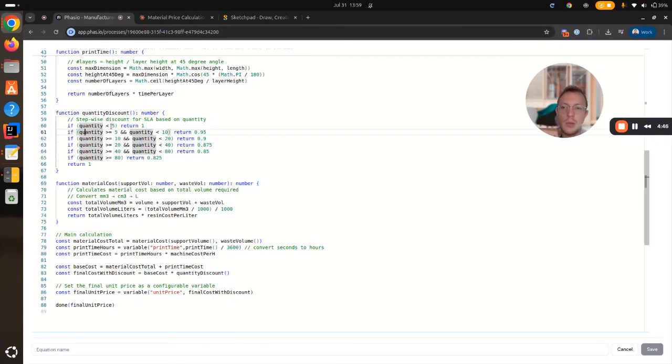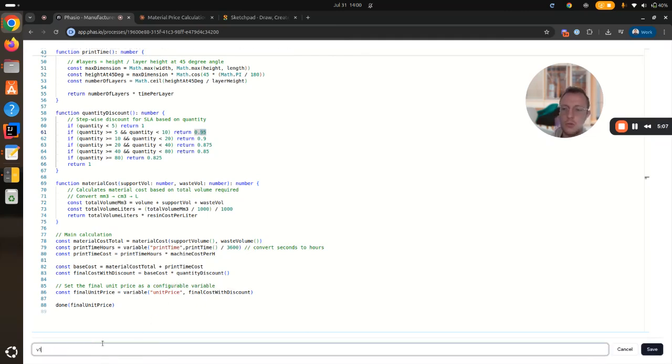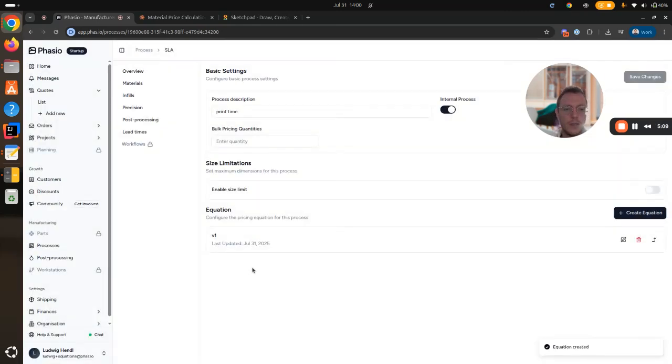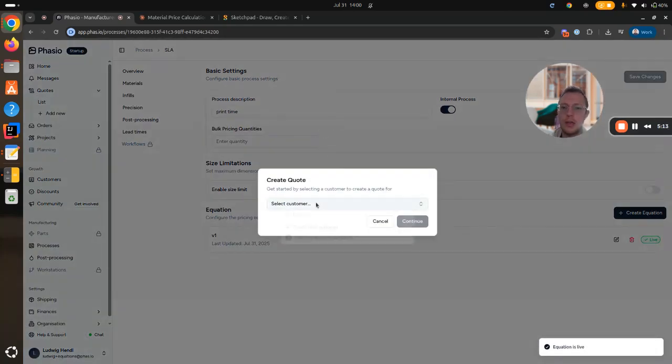So anything below 5 there's no discount, and then parts between 5 and 9 actually, right, have 5% discount, or from 10 onwards you get 10% discount, and so on and so forth. And then it's in the final unit price as well in a variable so that we are able to override the value. And that is what we're going to do now. We're going to try. Just put V1 in here, hit save, mark this equation as live, and then go create a new